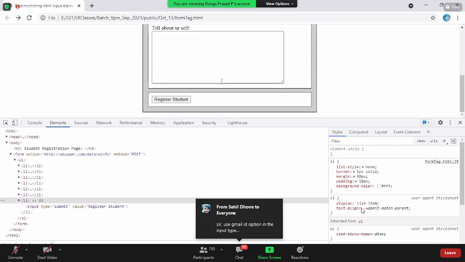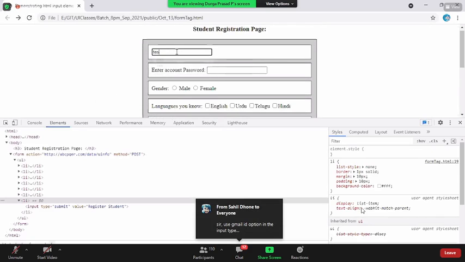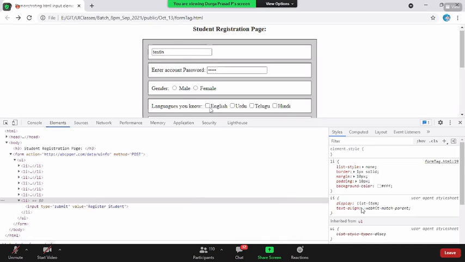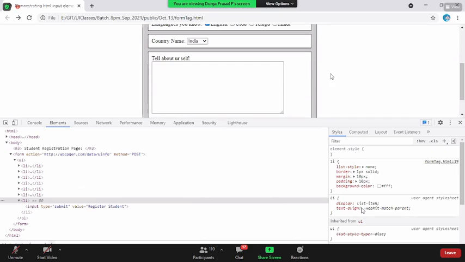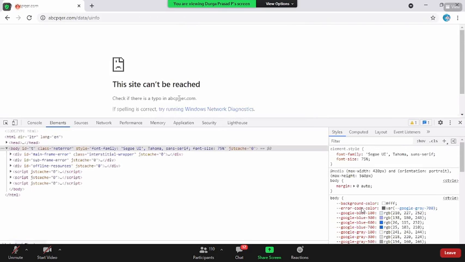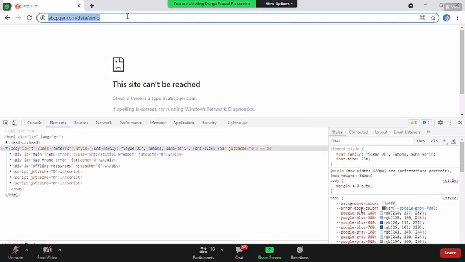Now you come over here, reload the page. I say username, just testing, password, and hello. Some information I'm adding here. Now when I click on submit, do you see any data added to the URL? No. Then where is the data? The data will be sent to the server by adding it to the request header itself.